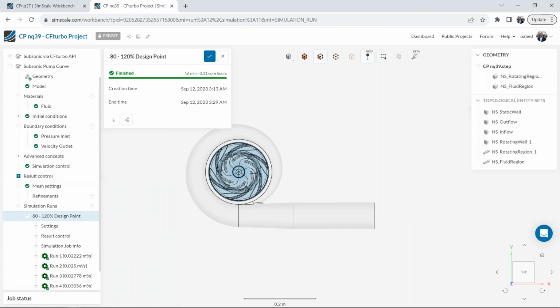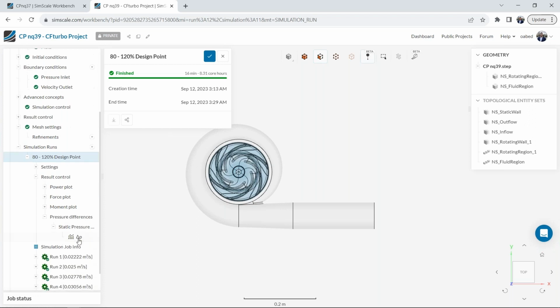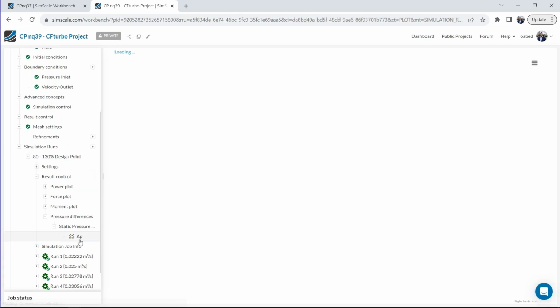In this case, instead of that 11-minute simulation, some of the runs took a little bit longer. So the total experiment took 16 minutes to run rather than 11. But again, they were all running side by side, and this is 5 different simulation cases. So if we go back to the results that we looked at for that single case, instead of looking at the convergence of the different results of interest, now what I can do is instead look